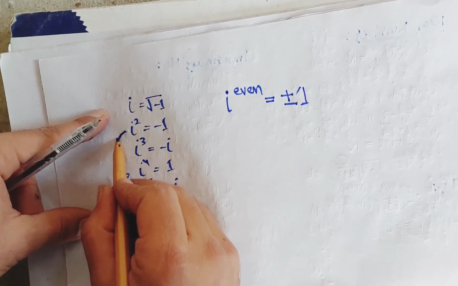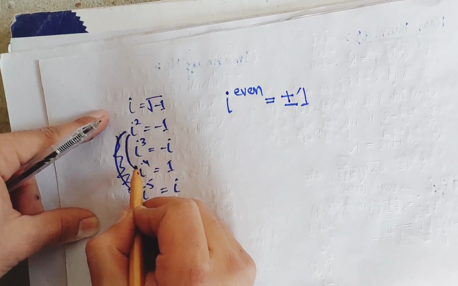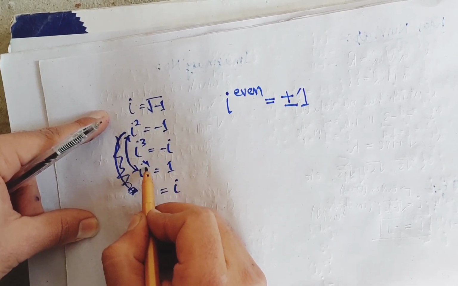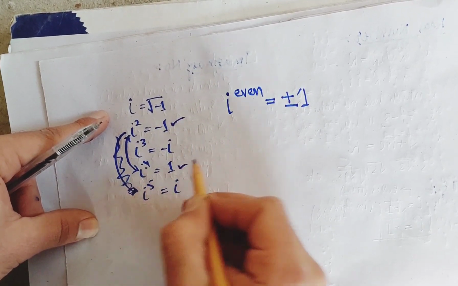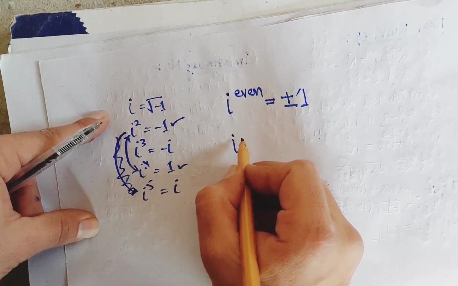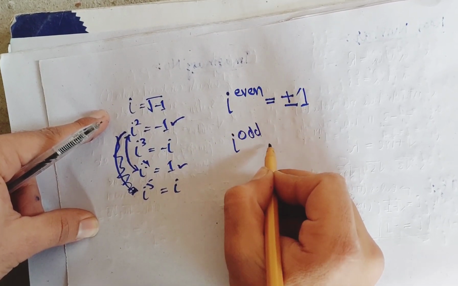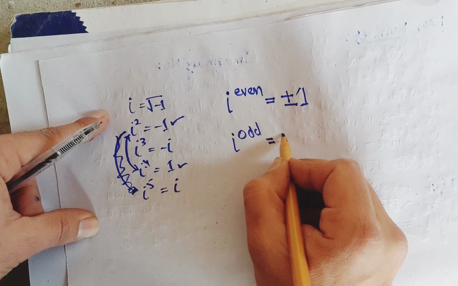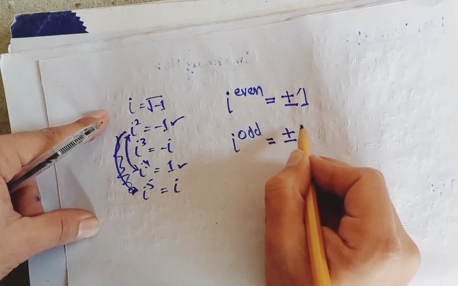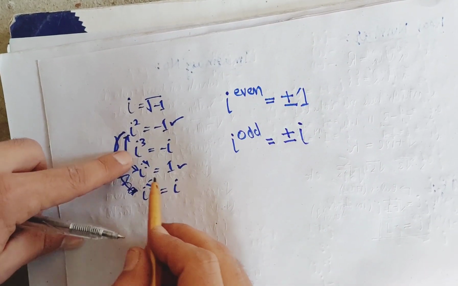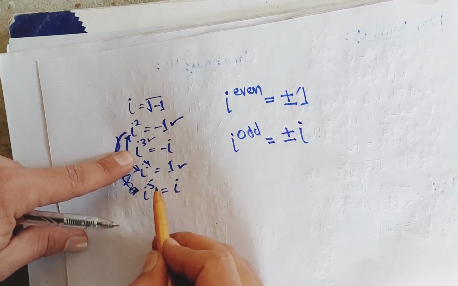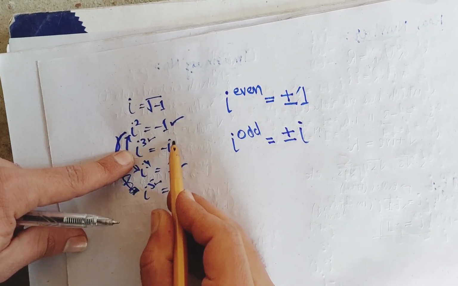And if the power of iota is an odd number, then the answer will be plus or minus iota. And you can see iota power odd, this is minus iota and this is plus iota. And one thing, keep this in mind, if